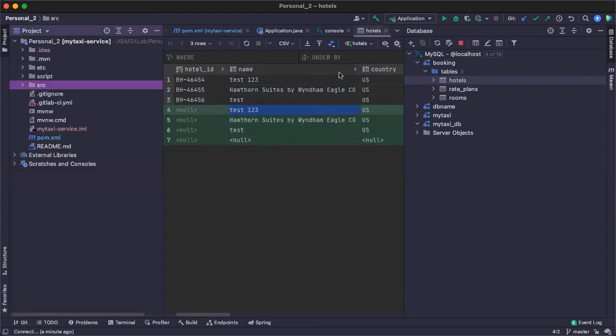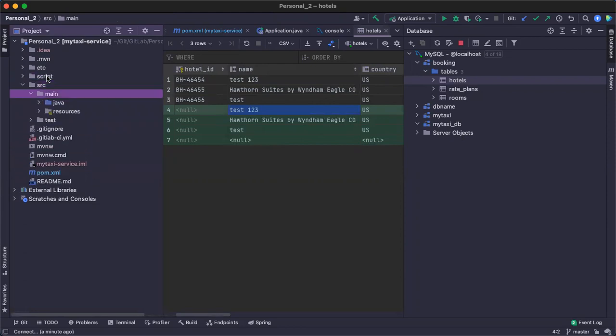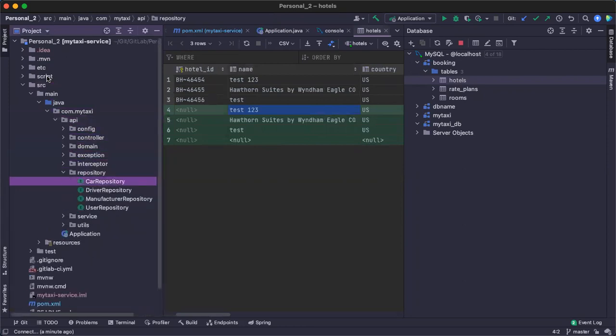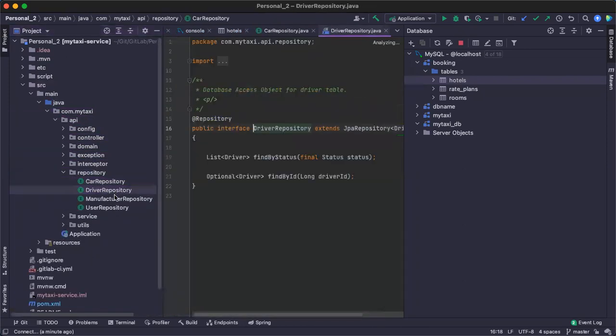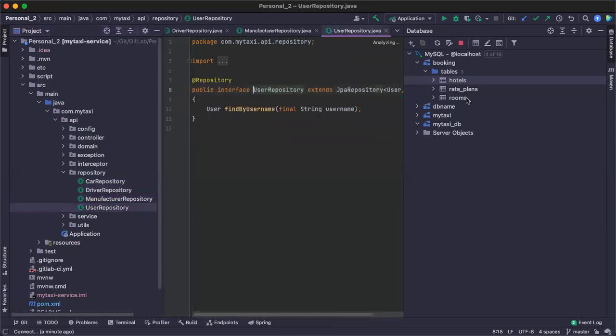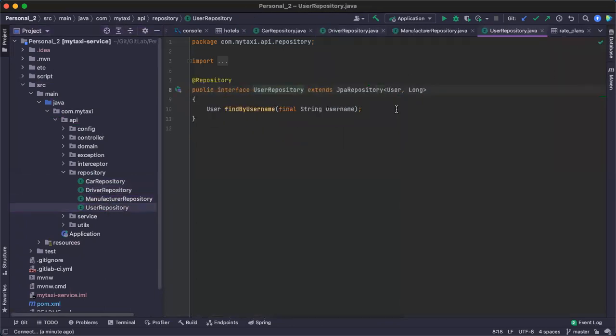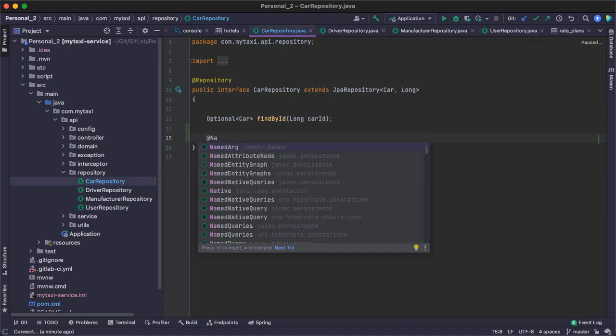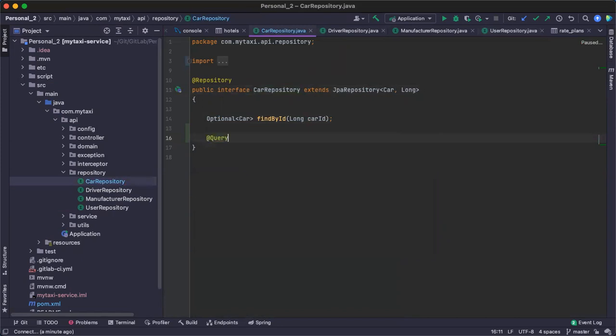And when you have MySQL over here, what will happen? If I have a repository with a native query, let me see. Do I have any native query? I don't have any. Consider I have a native query here, native query 2.